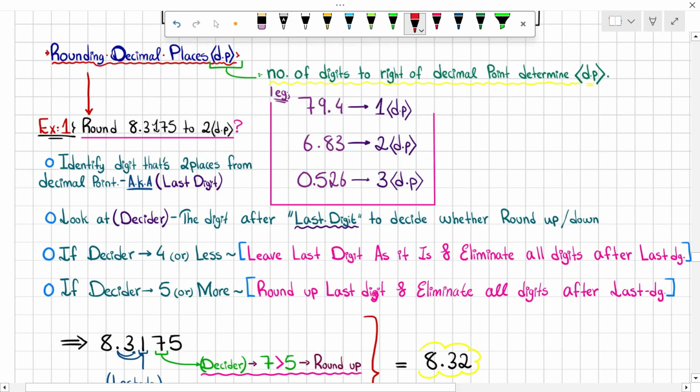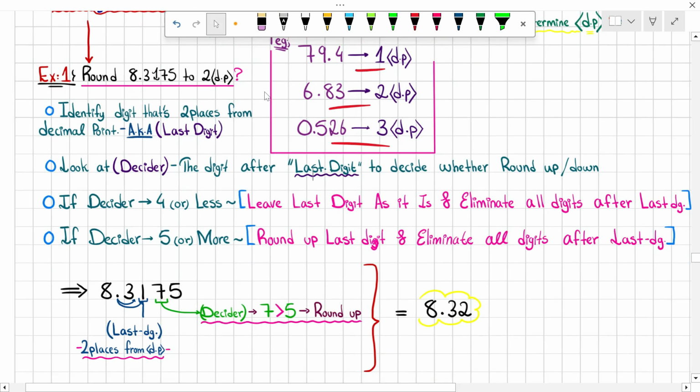To round decimal places, what is a decimal place? It is the number of digits right after the decimal point. So this is a 1 decimal place number, this is a 2 decimal place number, this is a 3 decimal place number. So to round something, for example, this number, to 2 decimal places, first